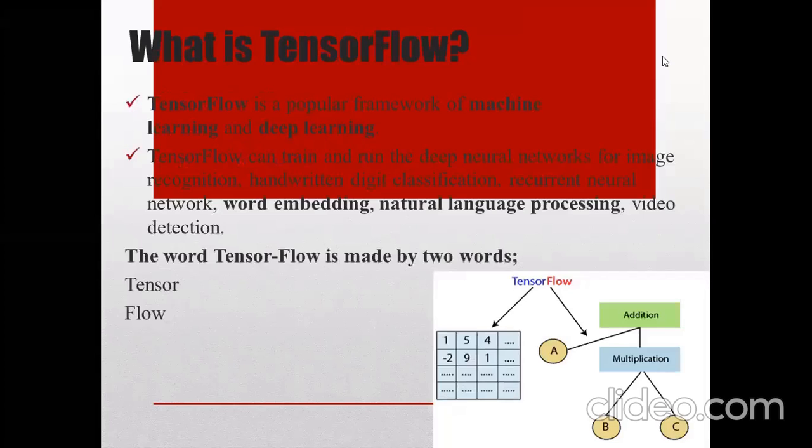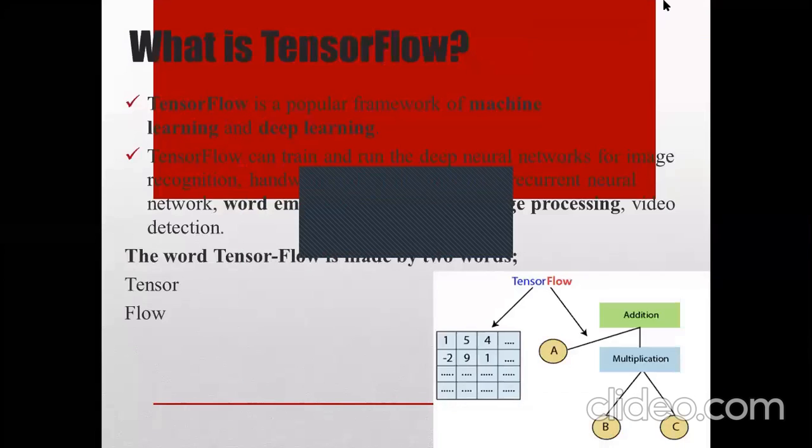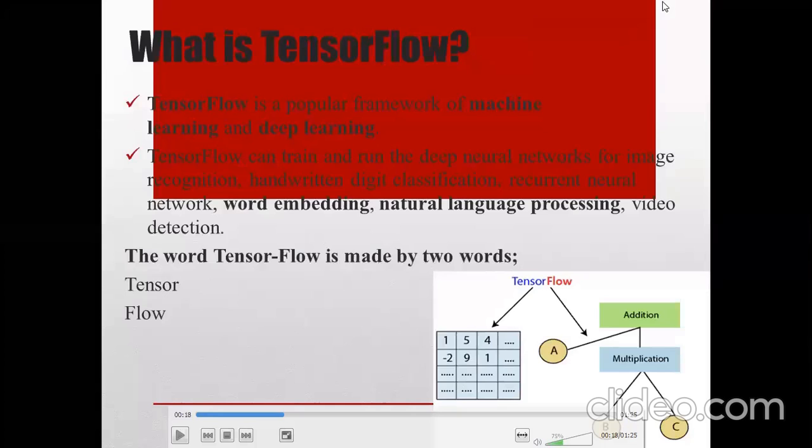The left side is the tensor, so you can see in the picture in the slide. The tensor is nothing but a multi-dimensional array, here a two-dimensional array, and